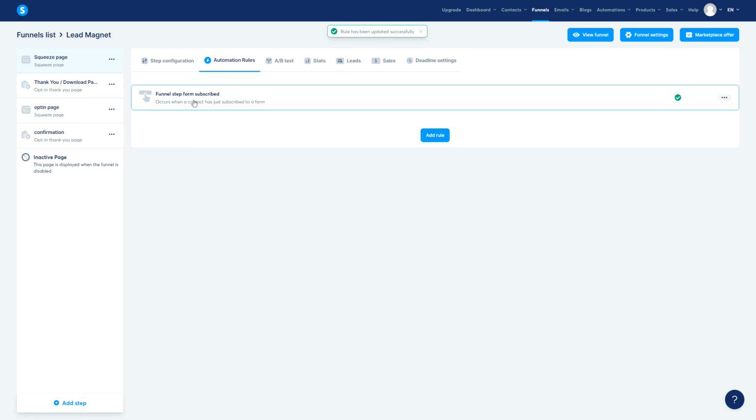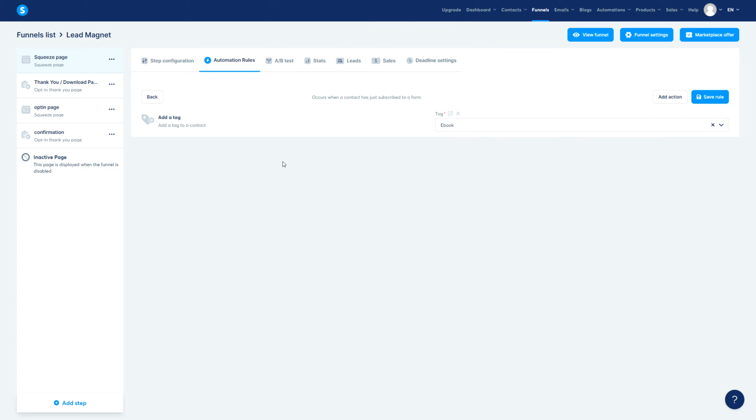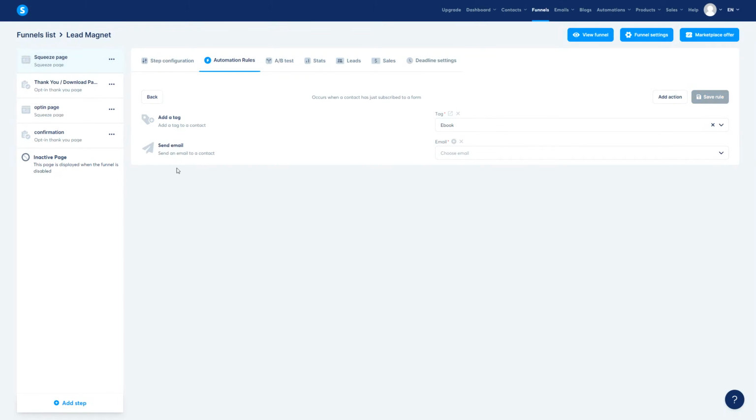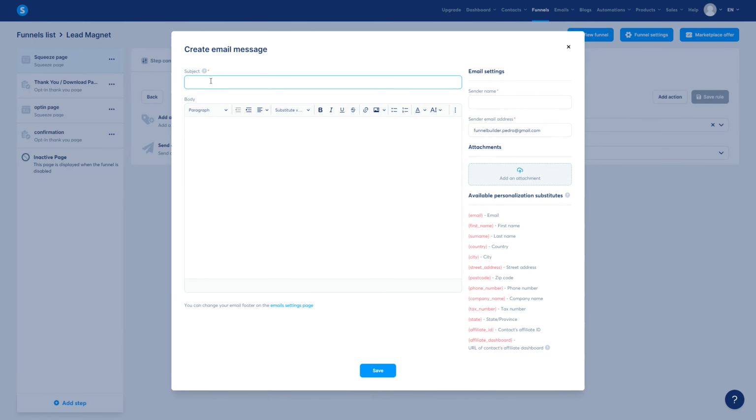Okay. Then we go back there, and now we need to make sure that we send the email with the lead magnet. So what you do is add action, and now we need to go ahead and send email. Okay, this is what I recommend doing. So send an email, and now we click here, create an email. So, congratulations, download. Don't use download, but it's like your lead magnet, something like that. Don't use lead magnet as well, like your product. So here you can download it,